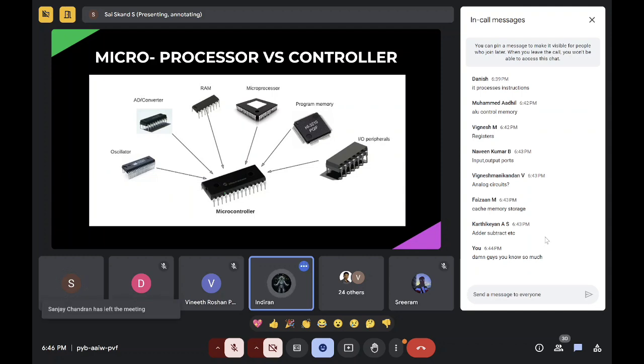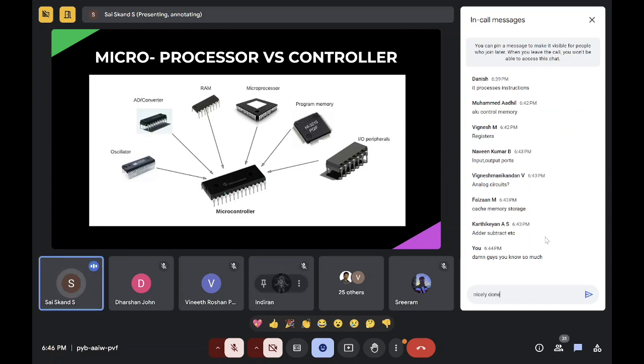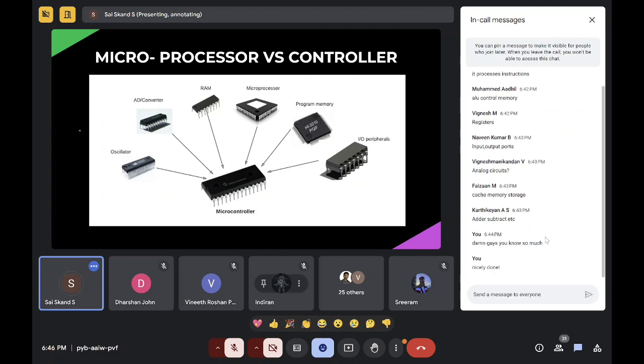If we take a controller, the required A to D converters and input output peripherals, serial communication, and then RAM, ROM will all be built in the controller. Yeah, great. That's basically the difference between a controller and a microprocessor. The microprocessor's only job is just to compute, that's all, nothing else.